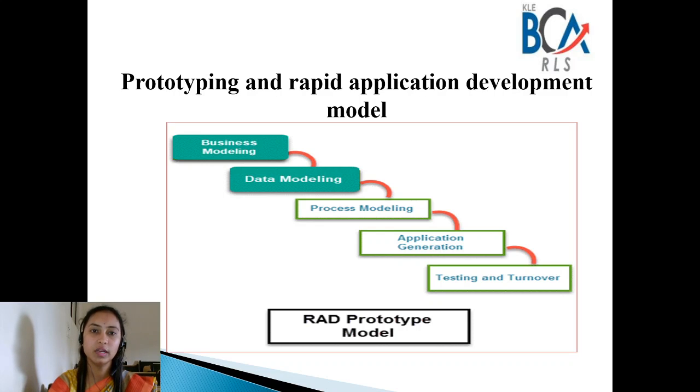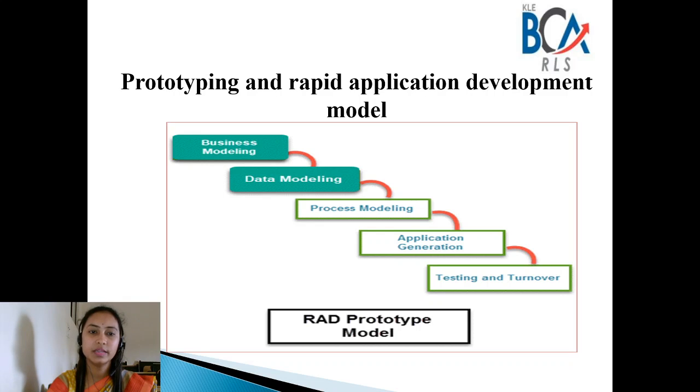In the RAD model, the functional modules are developed in parallel as prototypes and are integrated to make the complete product for a fast product delivery. Since there is no detailed pre-planning, it is easier to incorporate changes within the development process. RAD projects follow the iterative and incremental model and have small teams comprising developers, domain experts, customer representatives, and other IT resources working progressively on their components and prototypes.